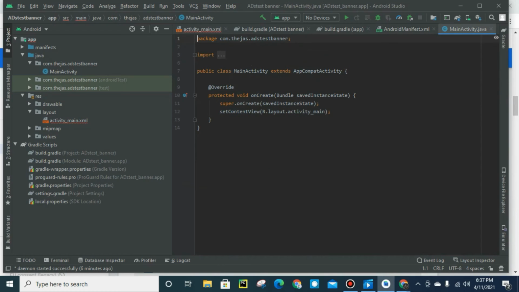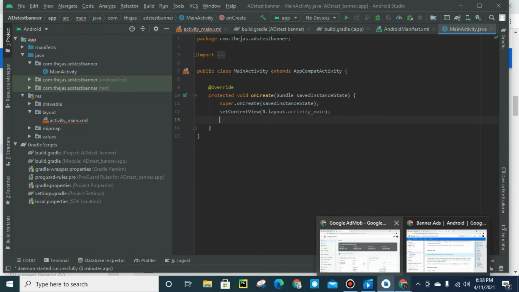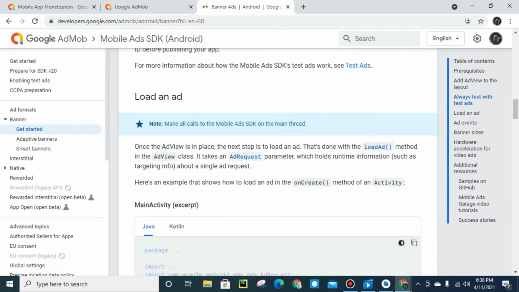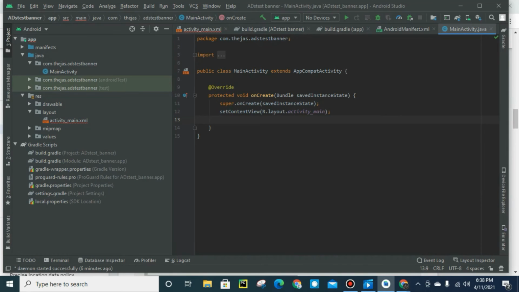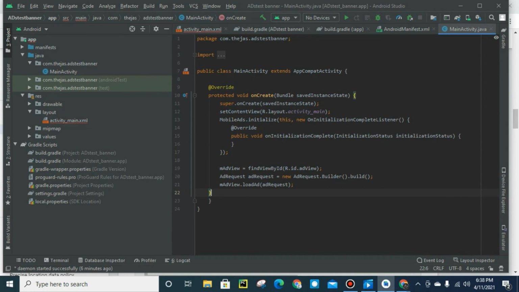So here this is our Java file. It says to paste it after setContentView. If your code is different, then you can paste it somewhere else, but in this case it is said to paste it after setContentView. So here is setContentView. I am going to paste it now.